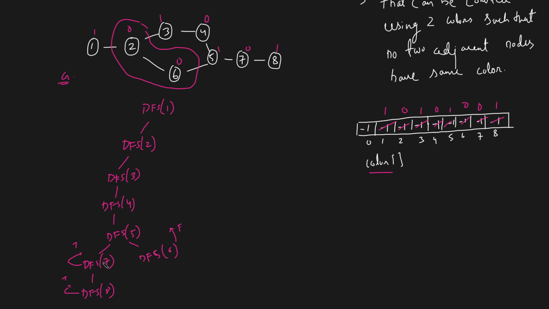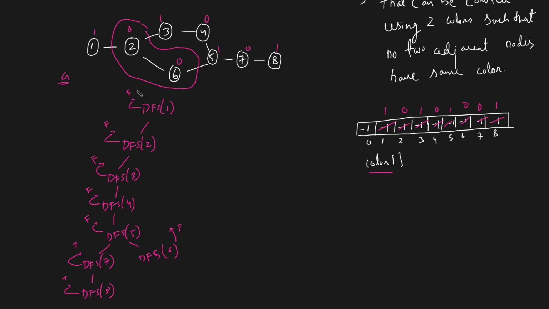So you saw that the 7 call returned a true, and you did not find a bipartiteness violation in this direction. But in this direction, there was a case where bipartiteness is not satisfied. So you return false. If this node gets a single false, it will return a false. Now 4 got a false, so he is definitely going to return false. 3 got a false, so he is definitely going to return a false. 2 got a false, so he's definitely going to return a false. 1 got a false, so he's definitely going to return a false.